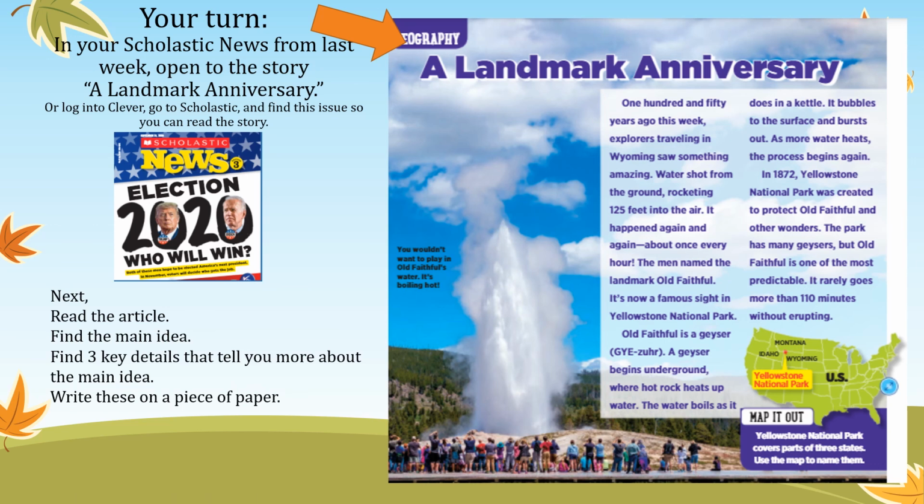So again, you need to read the article, find a main idea and create a main idea sentence, and then find 3 key details using the sentence starters from earlier in the video and write those on a piece of paper, because tomorrow we will finish the third part of this assignment where we explain how those key details support